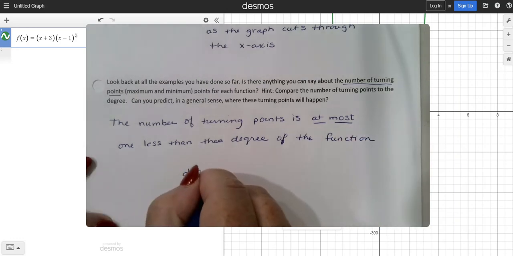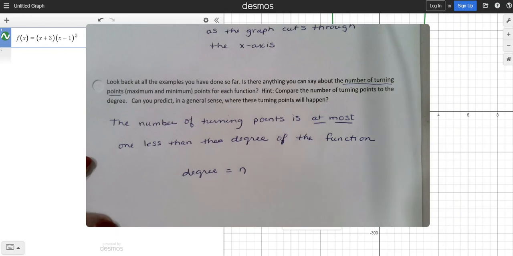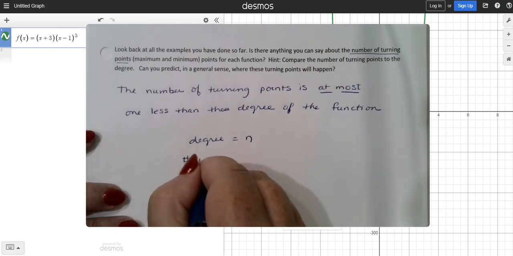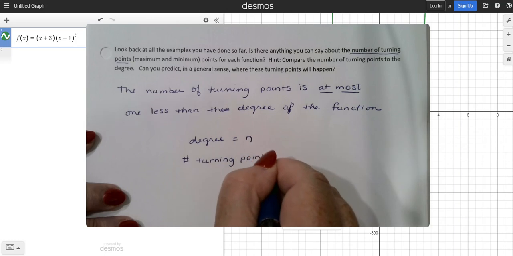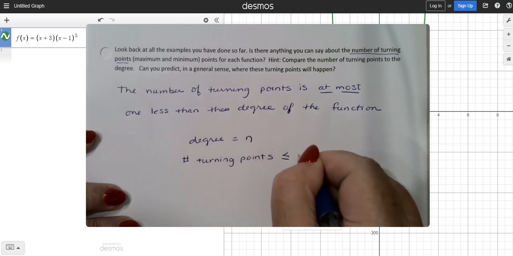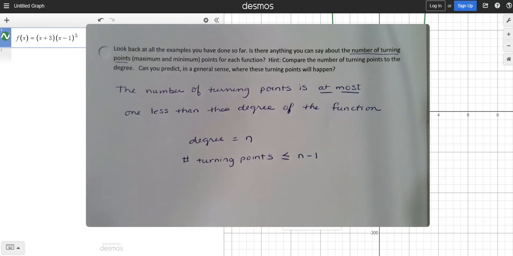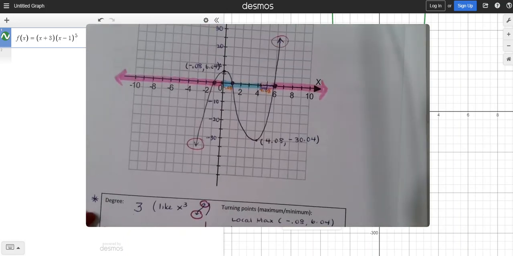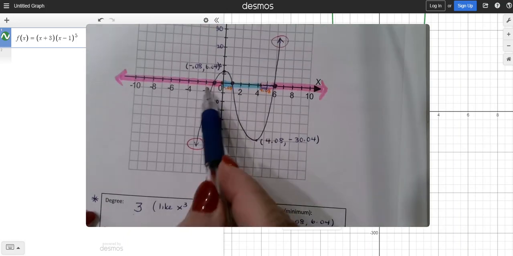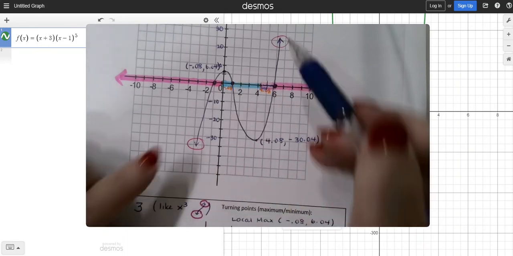So if the degree is n, then the number of turning points is less than or equal to n minus 1. Now, in a general sense, we can kind of predict where those turning points are going to happen because we know where the zeros are, right? So when I look back, say at this first one, even though all I knew originally were my zeros, if I knew the end behavior as well,